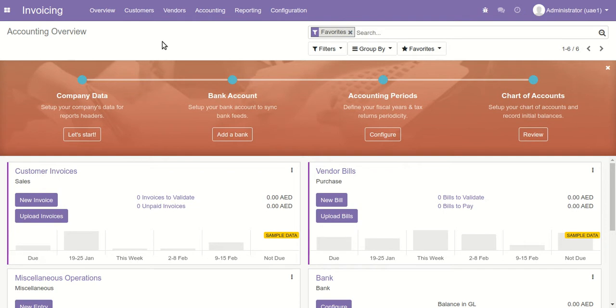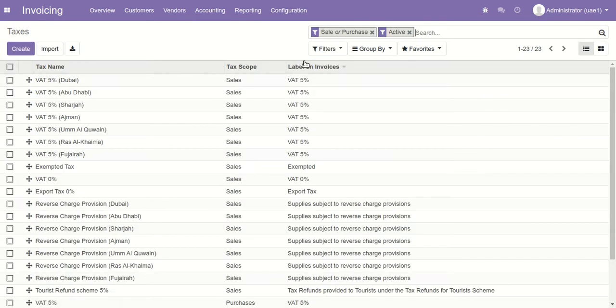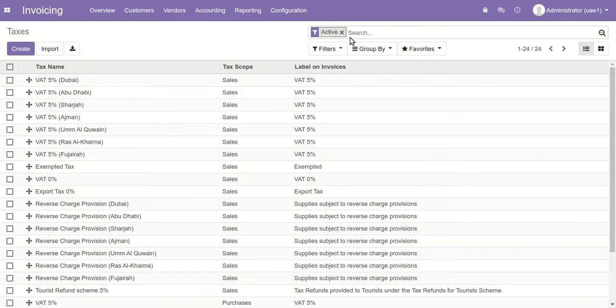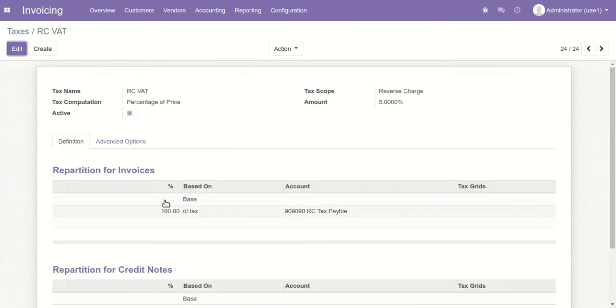First of all, here in the taxes menu, we will see the reverse charge VAT. By default, when we install this module, it will automatically create one reverse charge VAT. Here you can see the name of the tax is reverse charge VAT and the tax scope is reverse charge.